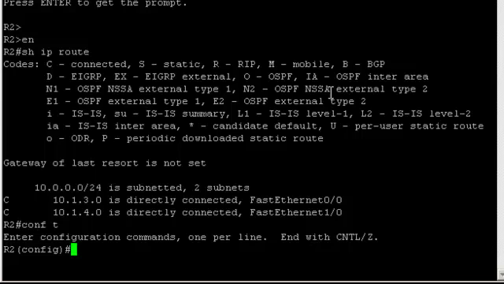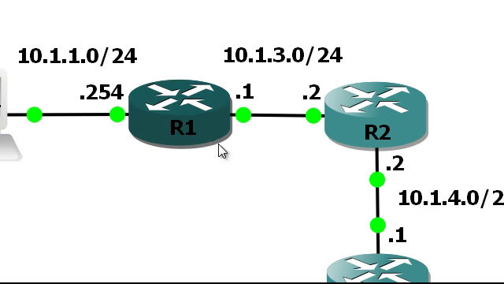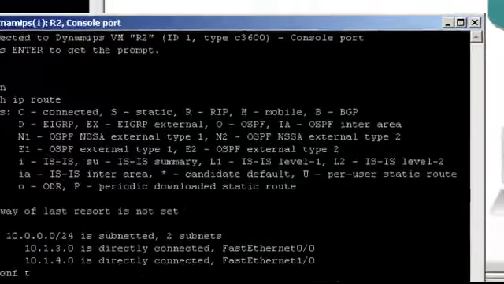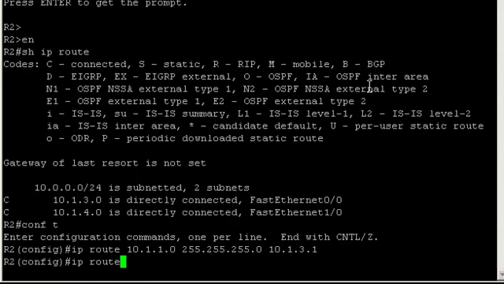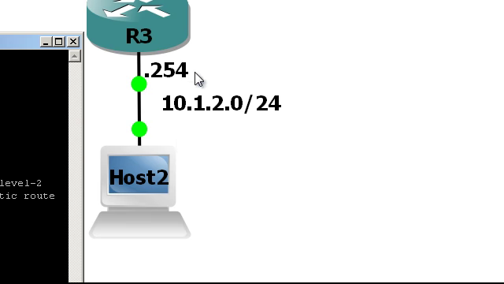So let's do that. IP route 10.1.1.0/24, and from R2 to reach .1 the next hop would be R1. So with that IP here, 10.1.3.1. Need to add, now to reach host 2 we need to add the static route to reach this subnet here,